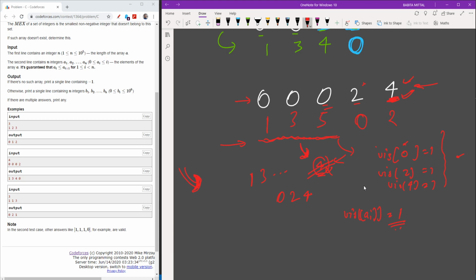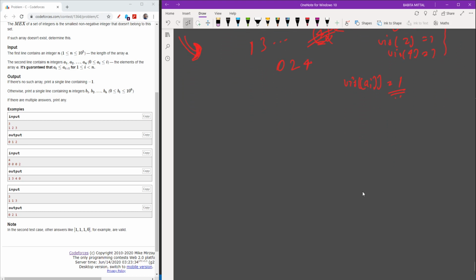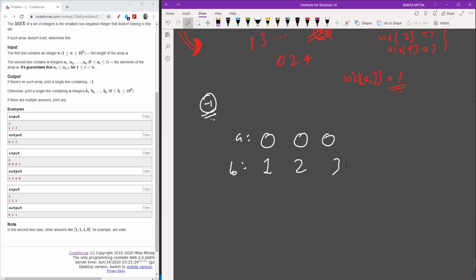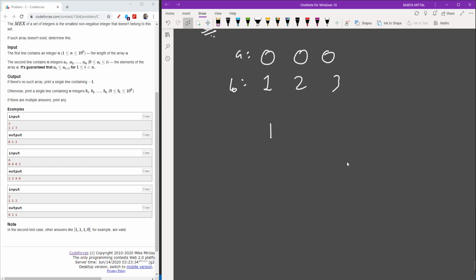Okay, now the main part comes. Now the main part is the case of -1. Let's suppose I have an array like this, which means the A array is something like this. If it was starting from 0, then I had no worries. I can just write any values 1, 2, 3. I'm good to go. So B is something like this, A is something like this. If it was starting from 1, as I clearly said, it is increasing. So please keep in mind that it is increasing, which means A of I plus 1 is more than or equal to A of I, or I can say it is non-decreasing.